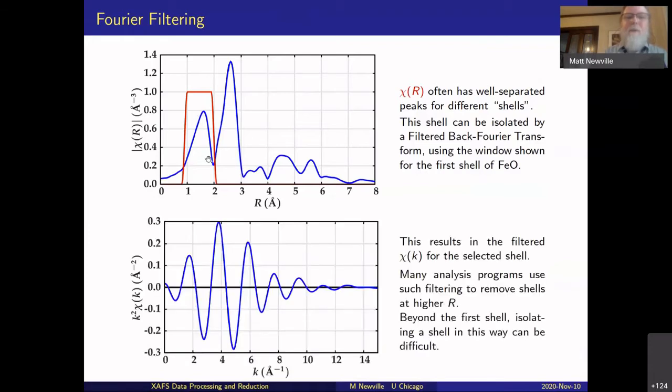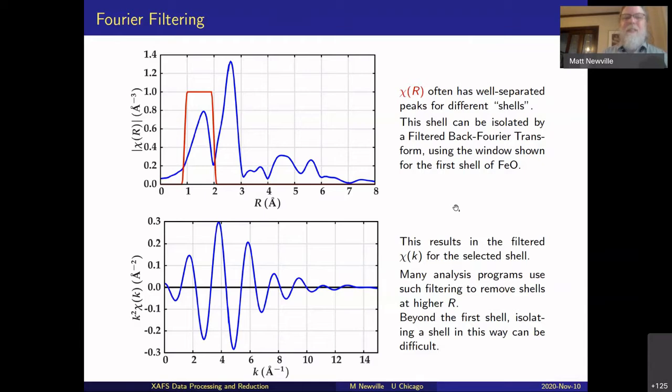So they will, again, take this curve and multiply by a window and Fourier transform that back. That is meant to be the isolated contribution of the EXAFS from the iron-oxygen shell. I would say you don't need to do this. And I would also say, if you think you need to do this, you could get yourself in a lot of trouble doing this,